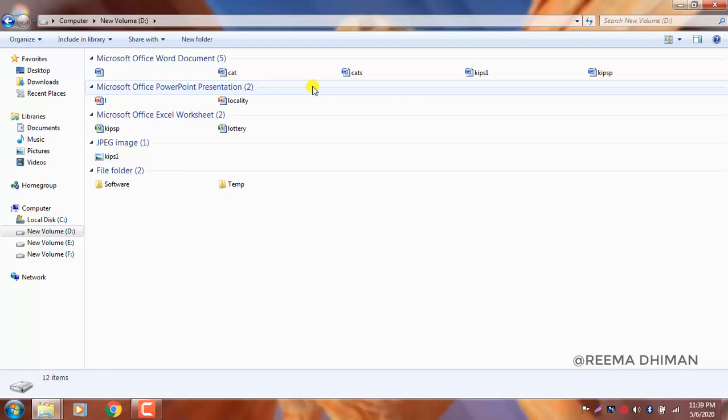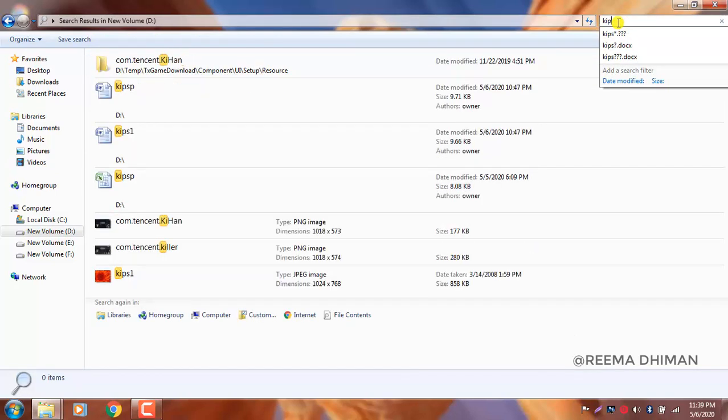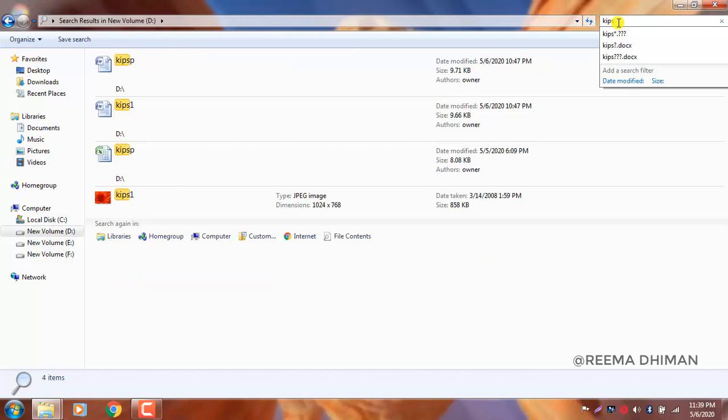So let's search for the files. We'll write caps as the name is starting with caps, and after caps it is having only one character. So for one character we will apply one question mark here, and then we will give the extension.